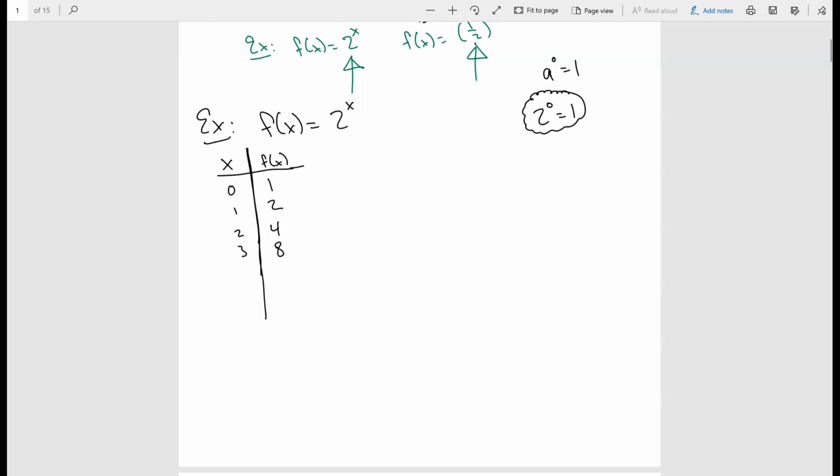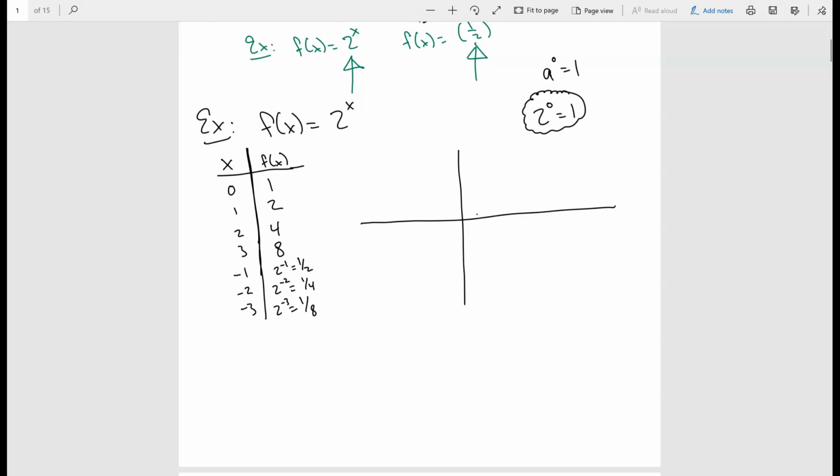Now let's plug in a couple negative points. Let's plug in -1, -2, and -3. When I do 2^(-1), that's just equal to 1/2. I do 2^(-2), that's equal to 1/4. 2^(-3) is going to give me 1/8. So if I were to graph these points,